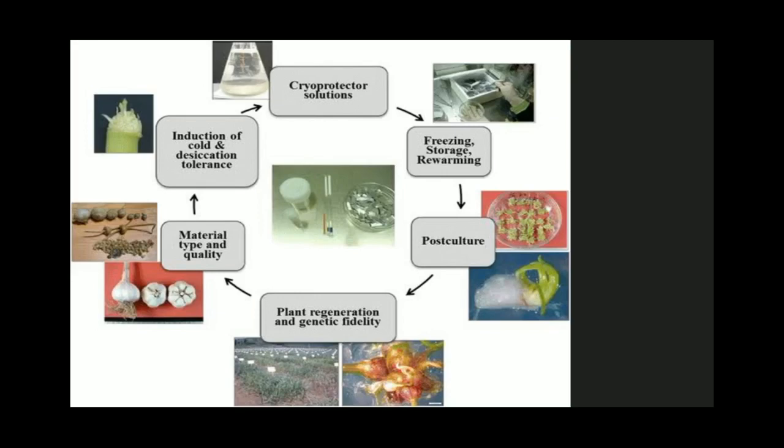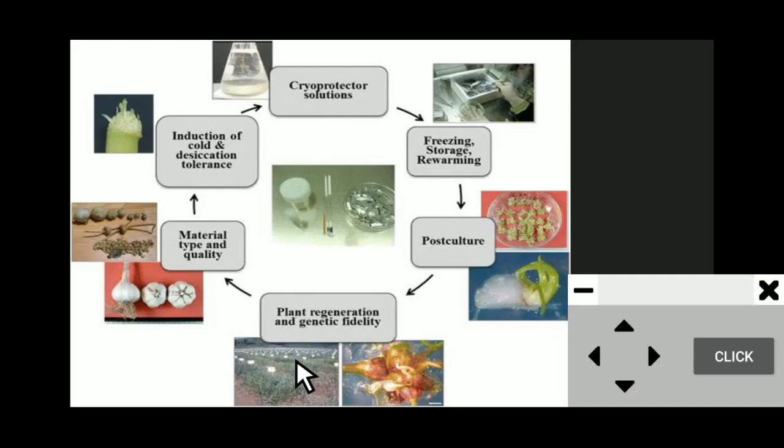Firstly, it involves the development of sterile tissue culture, where the selection of explant and collection of samples is done. Here the samples will be collected in the form of tissues or meristems or embryos, endosperms, ovules, seeds, or else shoot tips. So consider it is an explant. From the explant we have selected some material in the form of a shoot tip, and that shoot tip has to be maintained in sterile conditions.